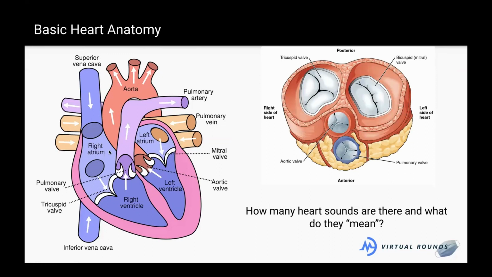This is a cool picture. So imagine I took a knife and I cut the heart like this, straight across this way. So this is us looking at the valves from the top if I'm looking down at a cut open heart. So these aortic valves are coming towards me. Blood again is going to come up through this valve into the aorta. Blood will similarly come up through this valve into the lungs. And these are the two atria here. So this is blood going down into the right ventricle, and this is blood going down into the left ventricle here. So I think this is a cool picture to see.